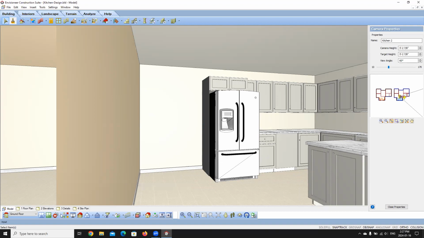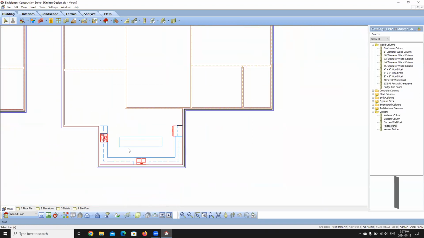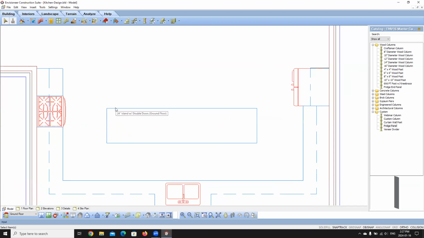So we're going to go back into 2D plan view, and we're going to add in a custom breakfast bar right here. The cabinets that we added in were actually double faced cabinets, so they have a face on both sides. You can change that out. If you wanted to, you could replace these with just basic base cabinets so that they would sit on a wall, and then you can add a wall in. So we're going to select each of these,